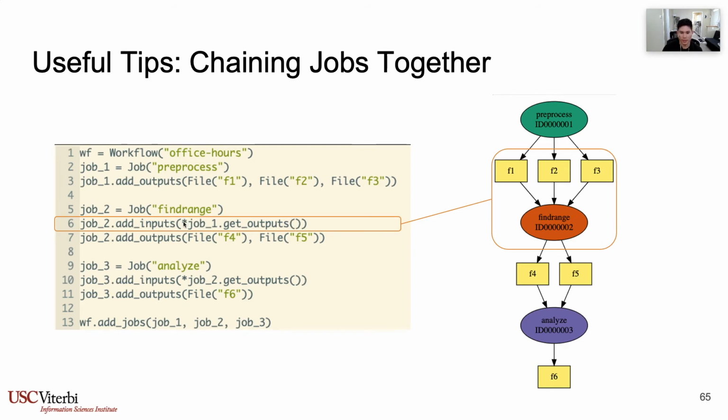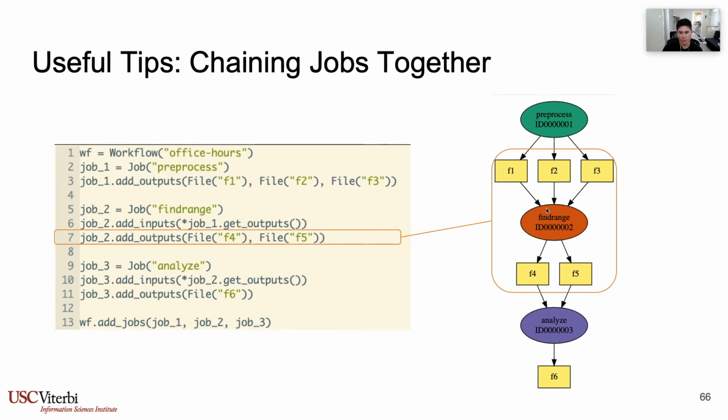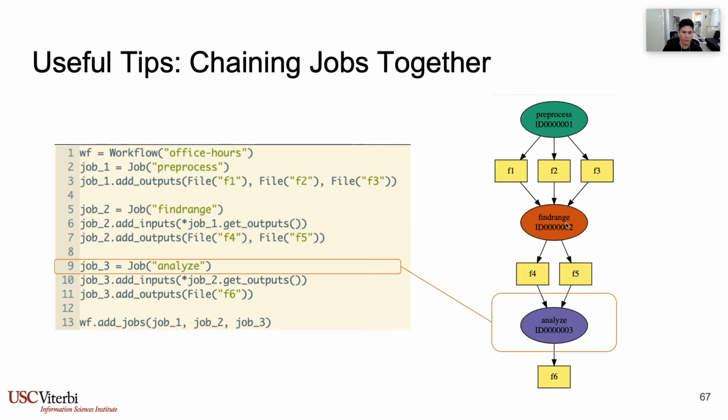This is just Python syntax to unpack that iterable into this add_inputs function that we have here, and that will simply add all the outputs of the previous job as inputs to the current job. And then again, we'll add some outputs to the current job, and we'll do this same thing for the final job,